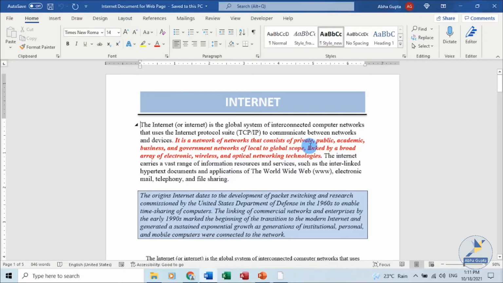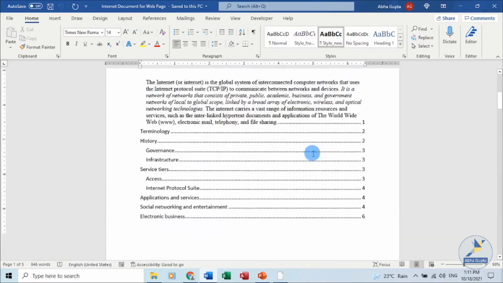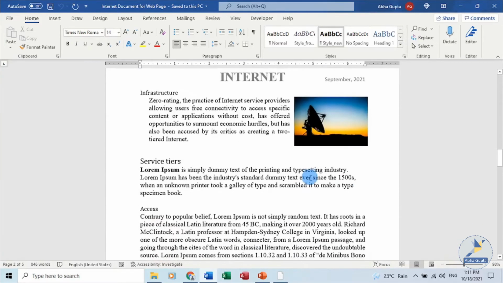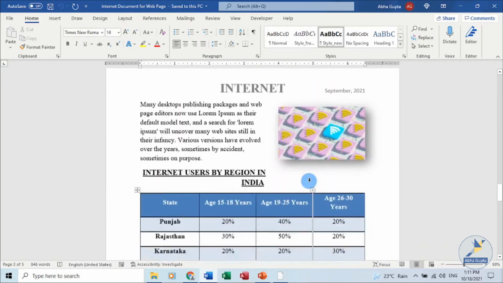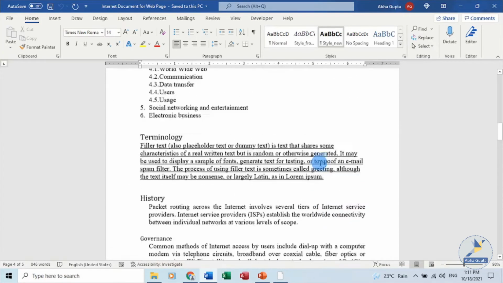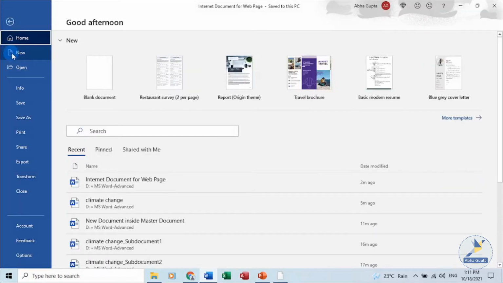I have already created a Word document which I'll use to convert into a web document. It's about the internet. We have some pictures, various formatting is in place. Some charts and graphs are already in place. To convert this document, click on the File tab, and since I'm using Microsoft 365, the latest version, I have the